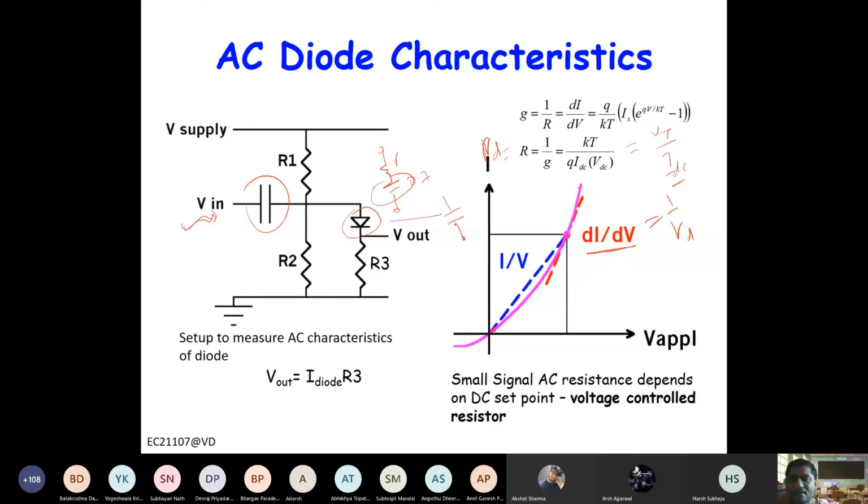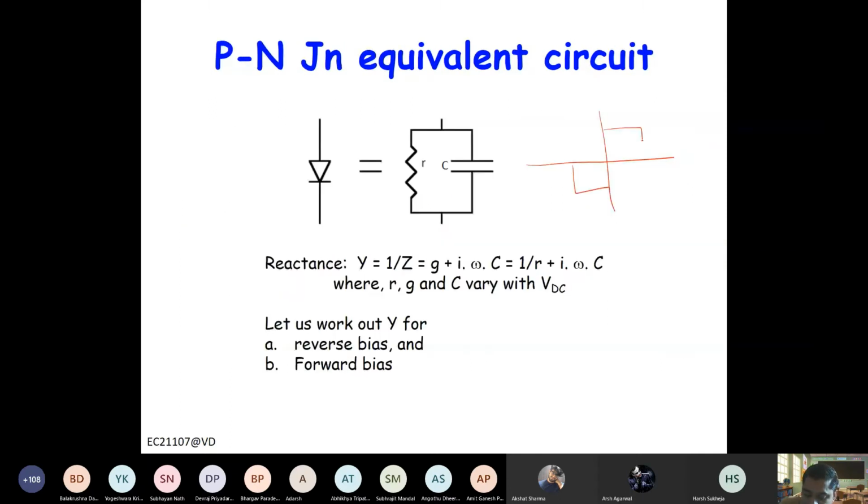Now in this course, we will go in more depth. So let us begin our discussion on the reverse bias junction, right? Now in reverse bias junction, what happens? This is your PN junction. There is a charge here, and a certain voltage is applied. Now if you increase this voltage by a small delta V, what will happen? Some extra charge will be added here, and some extra charge will be added here. And that will determine the capacitance, right? So your capacitance will be dQ by dV.